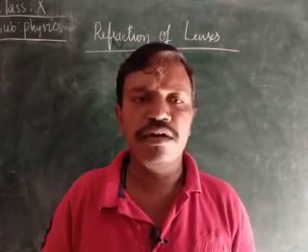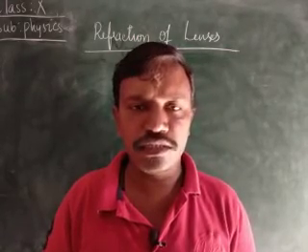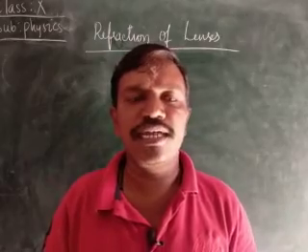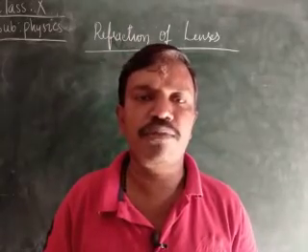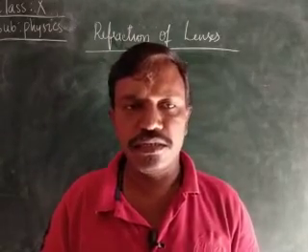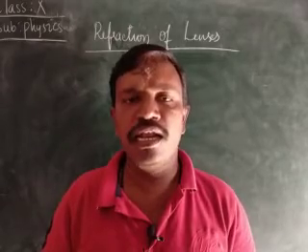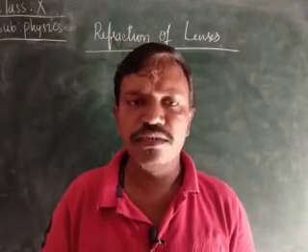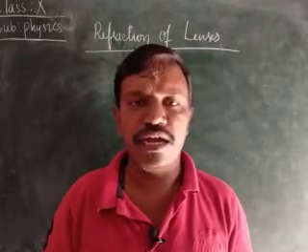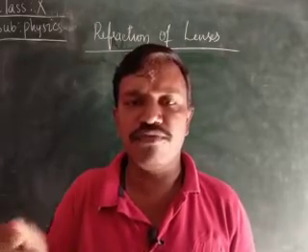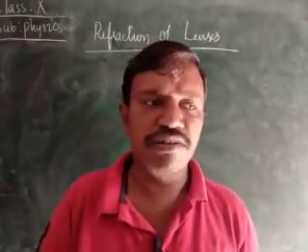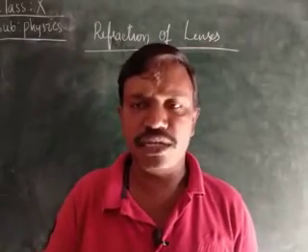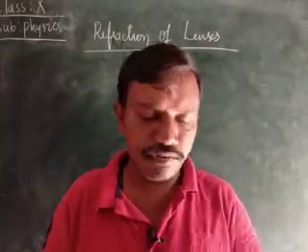In the last class, we learned the ray diagrams of the concave lens. Normally, we have only two positions for the concave lens, children. That is at infinity and between infinity and the optic center. While drawing the ray diagrams of the concave lens, we get the image between the optic center and the focal point. It always gives a diminished, erect, virtual image. That is all we learned.